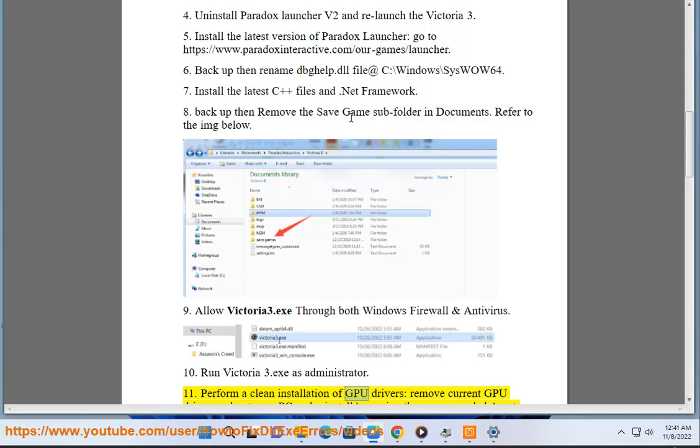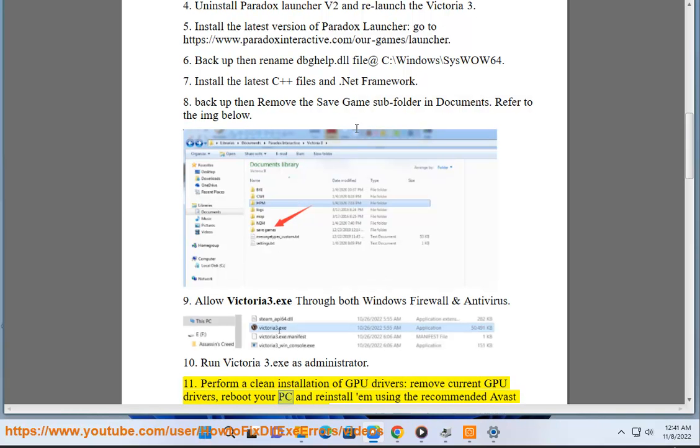Perform a clean installation of GPU drivers: remove current GPU drivers, reboot your PC and reinstall them using the recommended